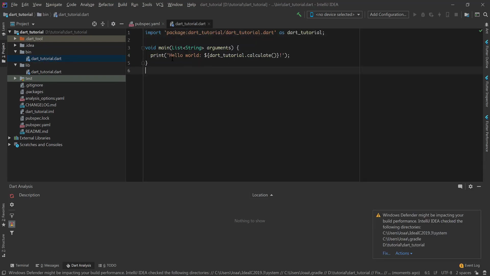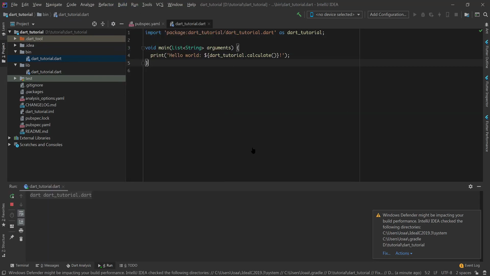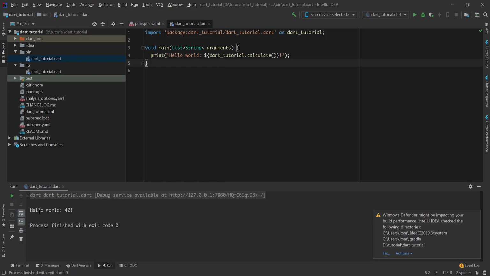As we all know, Dart kind of works like a scripting language, and the starting point of the language is the main function. In the main function we are taking a list of strings as an argument, which we can pass using our terminal while running the program. Okay, now let's run this program and see what our output is. We can run it by choosing the run tab and selecting run. Here in the console we can see we are getting the output hello world 42.